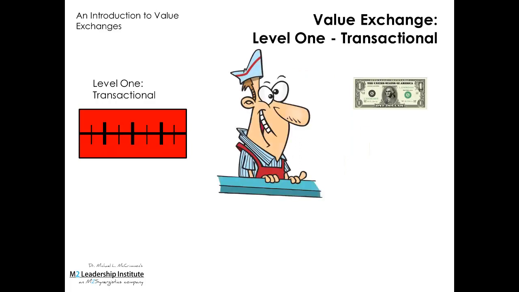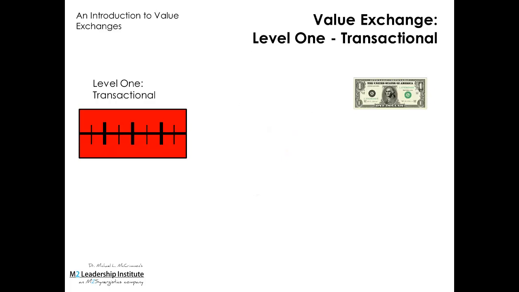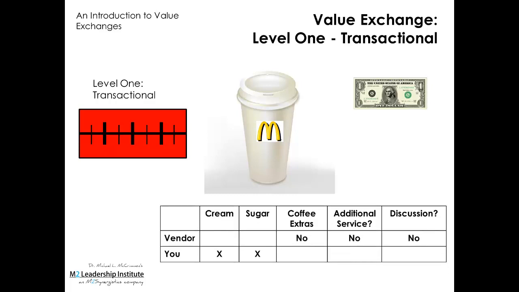The server/cashier takes your money, turns around, pours a cup of coffee from one of two carafes, regular coffee or decaf coffee. The server places a lid on the coffee and places it on the counter. From there, you have the option to place cream, sugar, or any other additive you'd like. There's not much talking, no frills, no additional service. The vendor does the same thing that you would do at home, but has the ability to do it cheaper and faster. That's transactional.